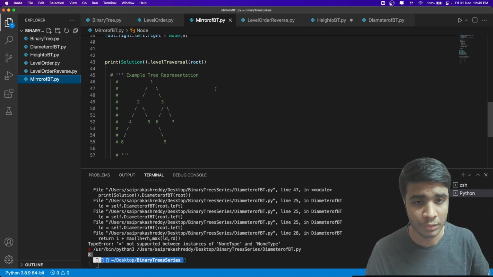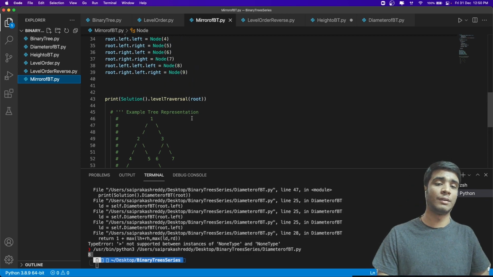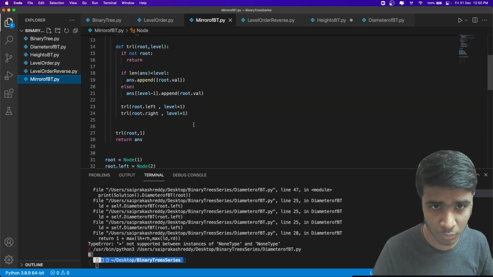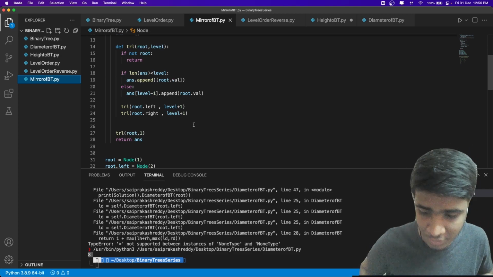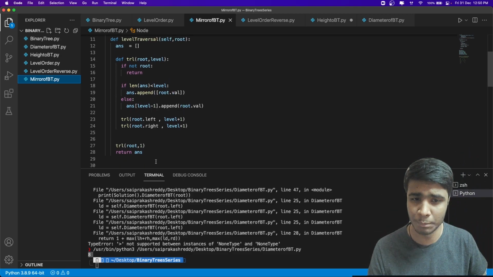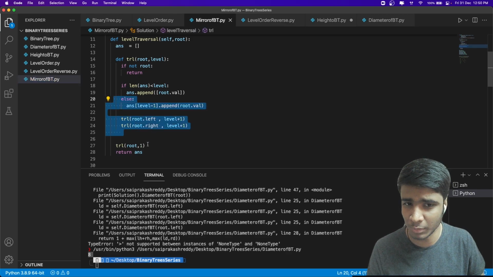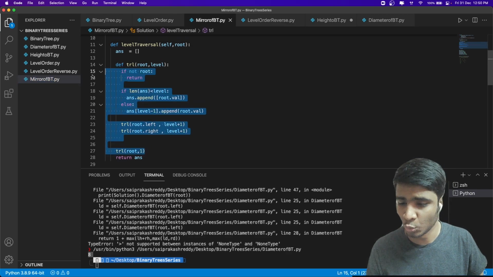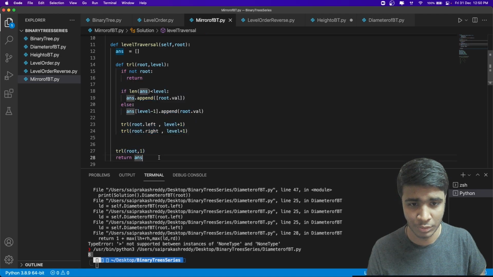So that would become 1 3 2 5 4, 3 6 1. It's a little confusing, but basically all I have to do is return a mirror image of that. So if you think about it, it's not a big problem actually. It's a simple problem and it can be done in a two-liner, right? So let me show you how.